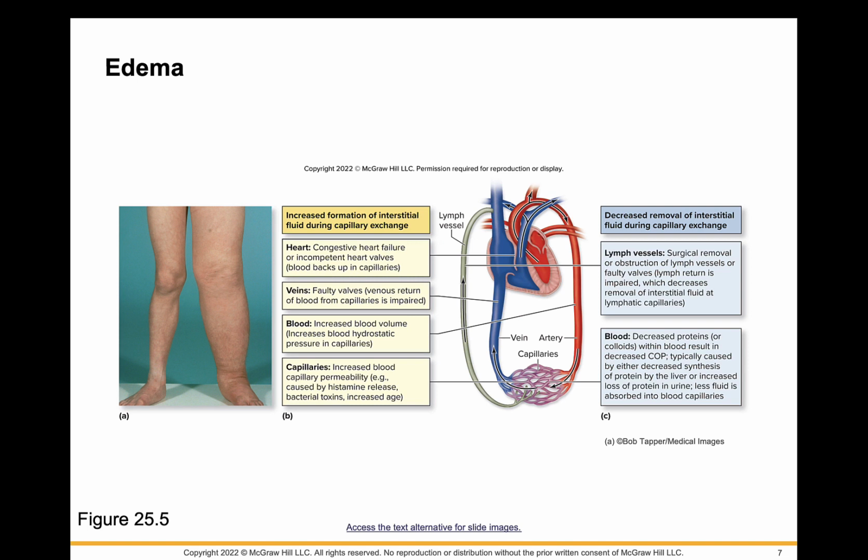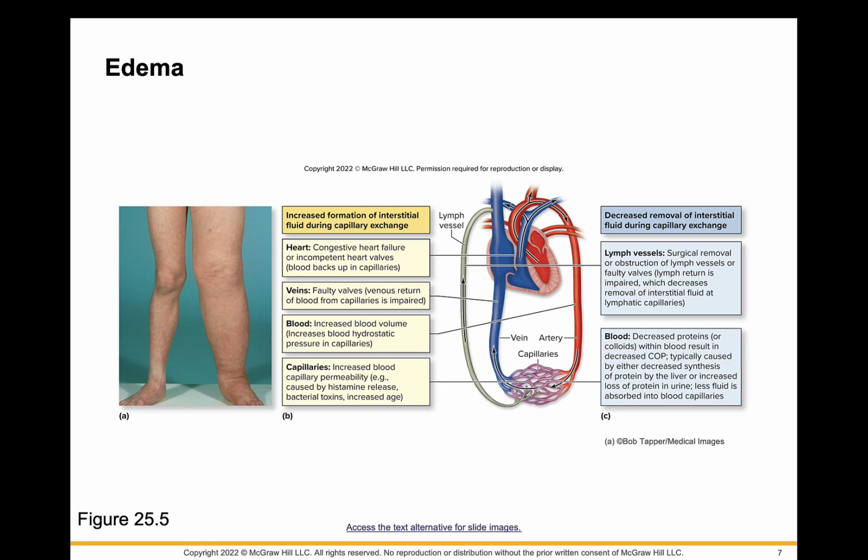If we look at blood, it could be due to decreased proteins or colloids within the blood, and this results in a decreased capillary oncotic pressure. So this is generally caused by either not enough proteins, which are synthesized by the liver, so very common when we look at liver disease, or the increased loss of proteins in urine, and less fluid will actually be absorbed